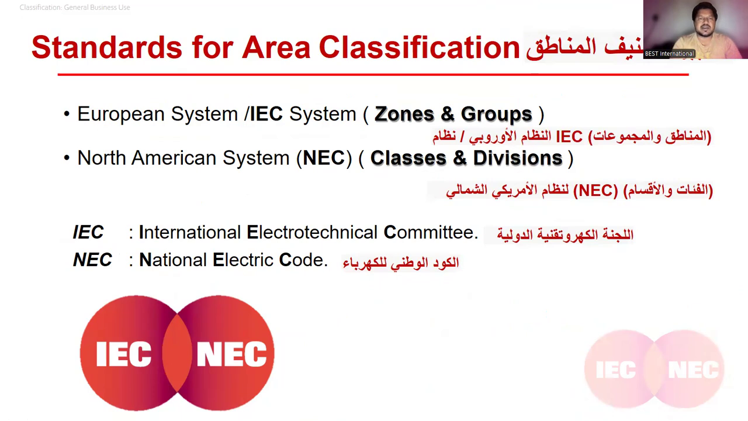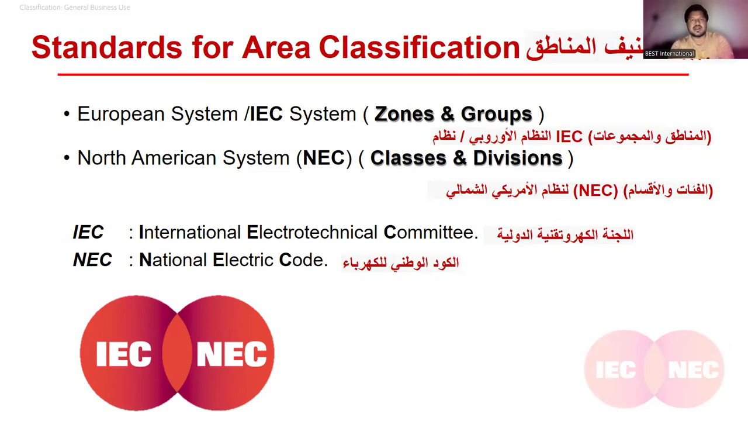So classification you can do based on the IEC system, like zones and groups, like the European system, or you benchmark the North American system, NEC, where classes and divisions are there. IEC stands for International Electrotechnical Commission. Either you benchmark their standards and accordingly classify everything, or you go with NEC, National Electric Code. Either you go with IEC or NEC or both ways, but make sure you benchmark with clarity, because based on that everything later on will be reflected in your BOQ, bill of quantity,